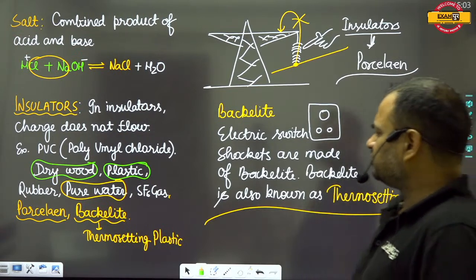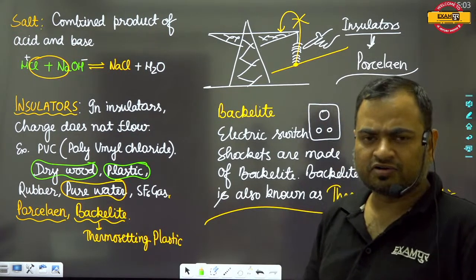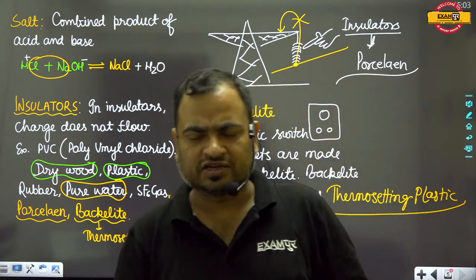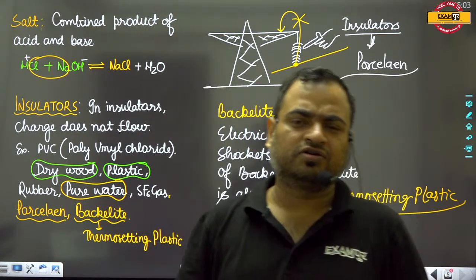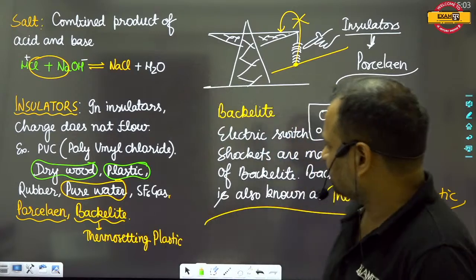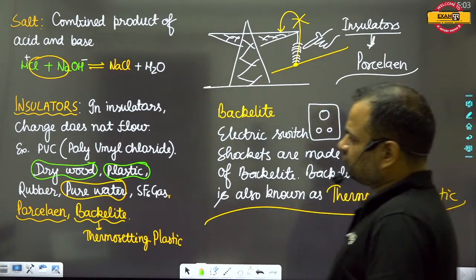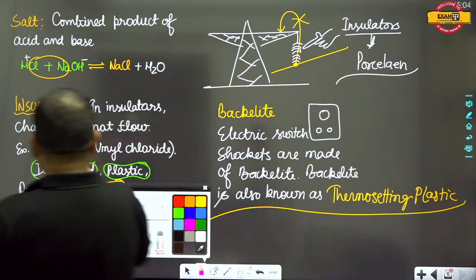And rubber, obviously you all know about rubber. Rubber cannot conduct electricity because there are no free electrons nor free ions in rubber. Okay, and PVC, what is PVC? Actually PVC, when we talk about it,